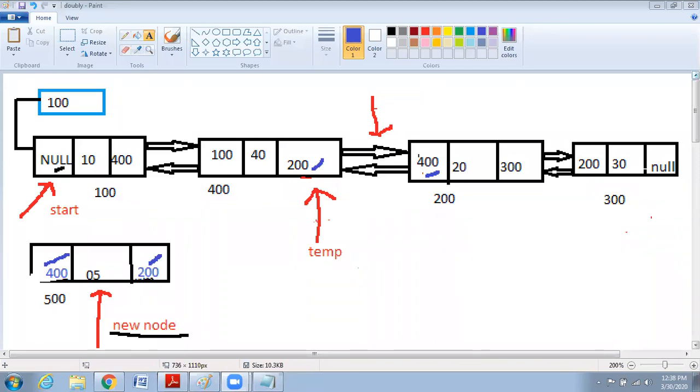Very good. Saniraj, are you there? Please let me know what changes we have done. First, we have changed the first node to the temp position. Tell me technically, new node's left, like that.